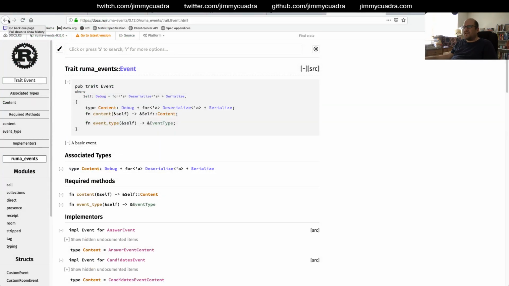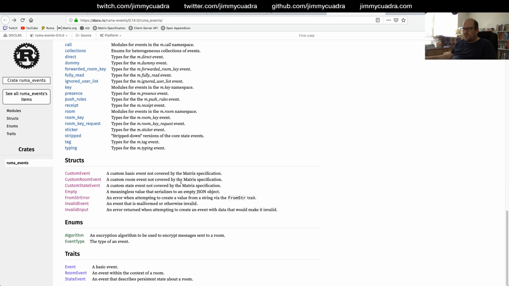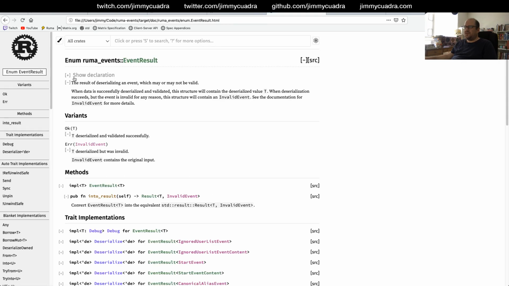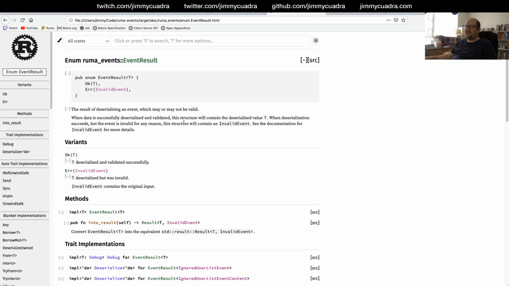But if we go back to the top level, where's event result? Oh no, we want to look at the new one. So in the new API, we have this type event result, which is basically exactly the same as the standard library result. The only reason we have this separate type is because we need to do our own implementations for it that would otherwise conflict with the implementations in the standard library.